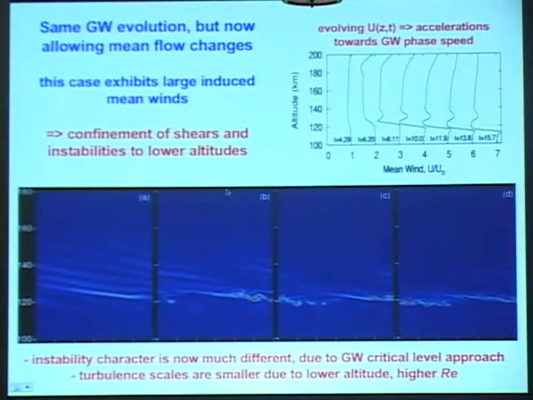shear flow. And when I allow for this kind of response in the mean flow, I find that I still have instability, but now it's typically confined to much lower altitudes. So I think it's probably very likely that this sort of process, because it seems to occur for all the simulations that we do, small, large amplitudes, large scales, low frequencies, whatever, I think that this probably contributes very often to the very intense shear layers that we often see in this region of the atmosphere.